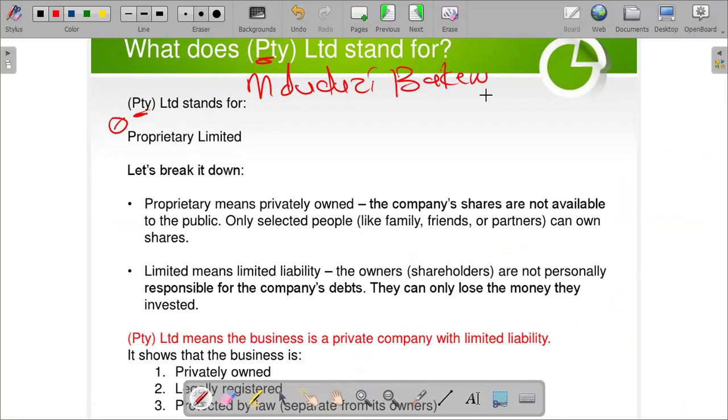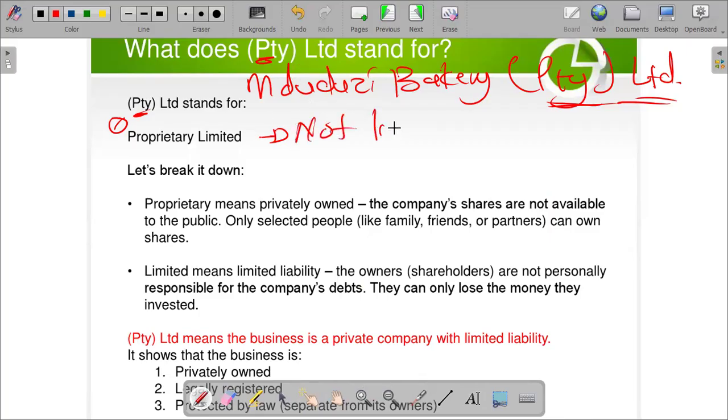Bakery. And how do you know it's a private company? It will have your PTY Ltd. That shows this is a private company. So proprietary limited. So proprietary means privately owned. Remember, it's not listed to the public. It's owned by what? By a small